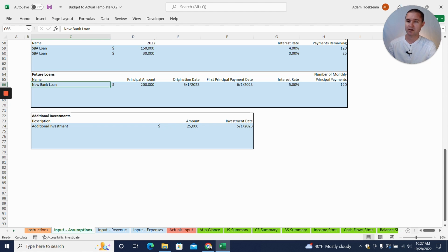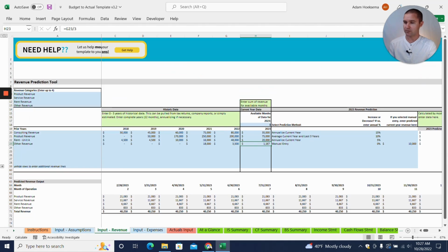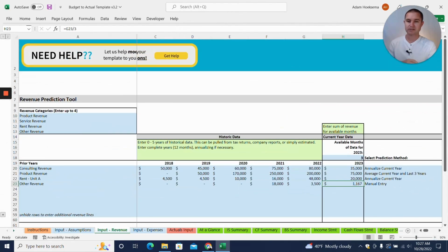So this is kind of our Input Assumptions tab. Get all of those things filled out, and then we'll move over to our Input Revenue tab. Now this tab is going to help us create a set of forecasted revenues based on your historical financial results. So you have the ability to add in up to 5 years of historical financials on the revenue side, as